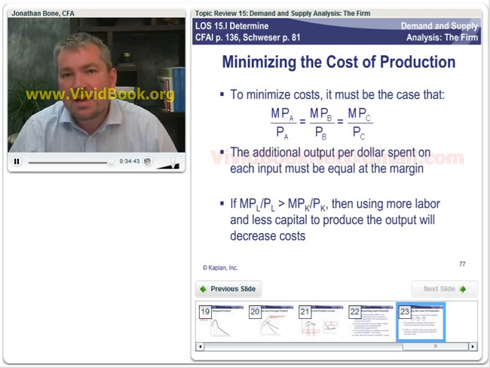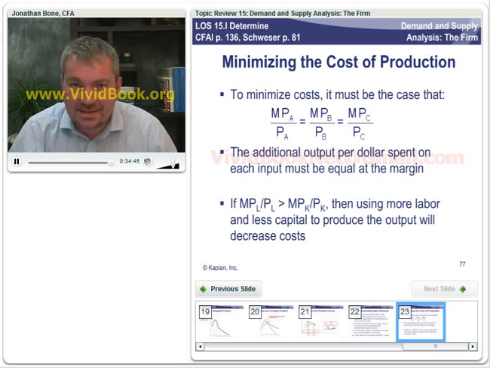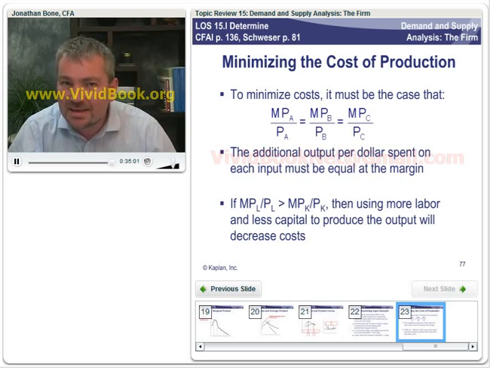Now the idea is, and I think it's easier to see this via the third bullet point, if the marginal product of labour divided by the price of labour is greater than the marginal product of capital divided by the price of capital, then we're saying we're getting more output per dollar spent. So it makes sense to keep on employing labour. Now, as we keep on employing labour, its marginal product will decline, diminishing returns, until eventually we end up in a scenario where the marginal product